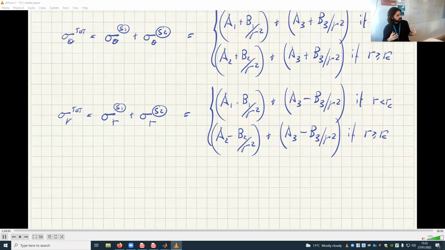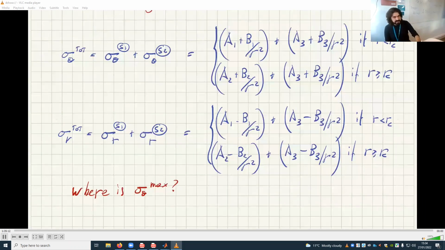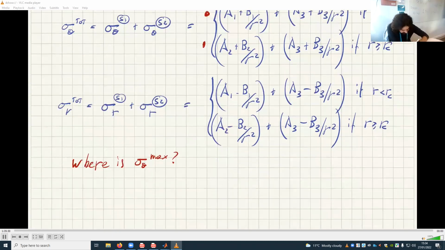And now, in order to find where is the largest sigma theta, so where is sigma theta max? Since you know that this is a decreasing function and this is a decreasing function, they must be at the start of the function, because if it's a continuously decreasing function, that means that the maximum value is at the start. But at the start might mean r equal, so since, let me call these